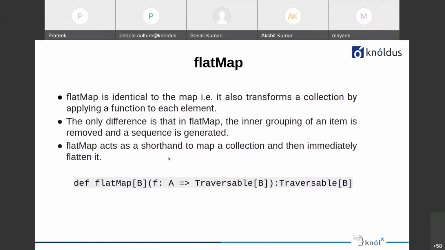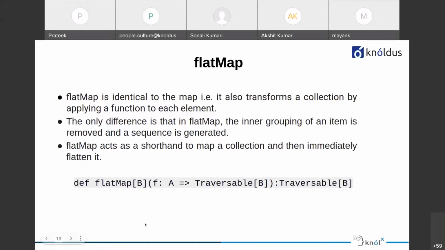So flat map acts as a shorthand to map a collection and then immediately flatten it. In simple words, we can say that calling flat map is like calling the map function followed by the flatten function. We'll also see how it works in the demo part.